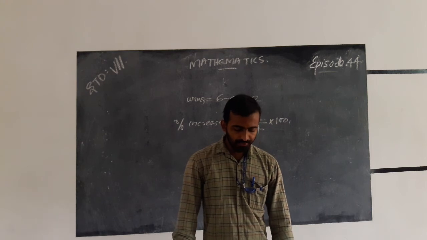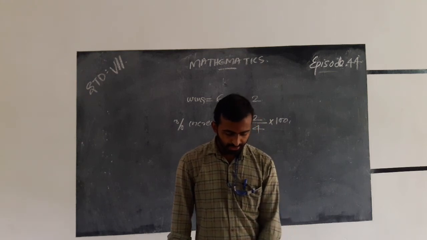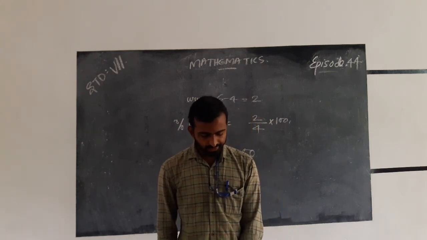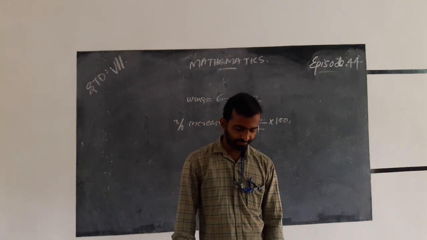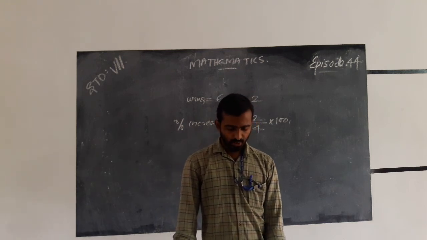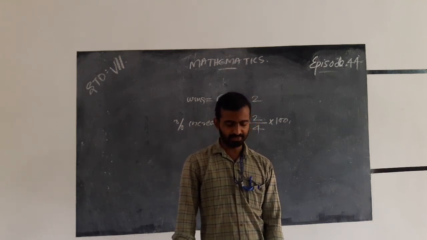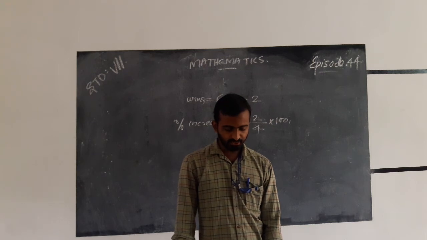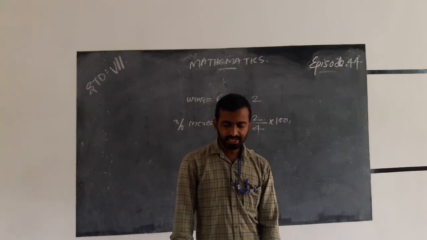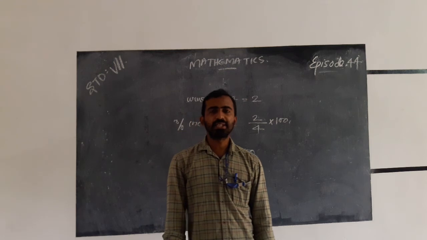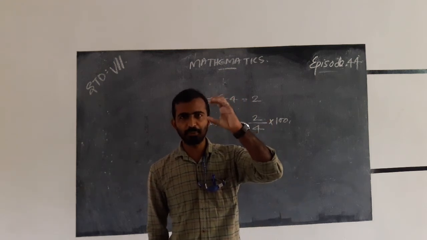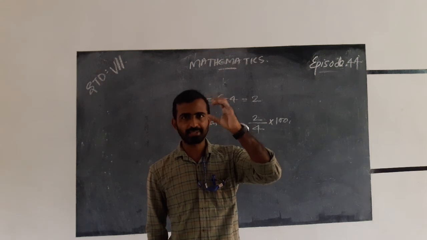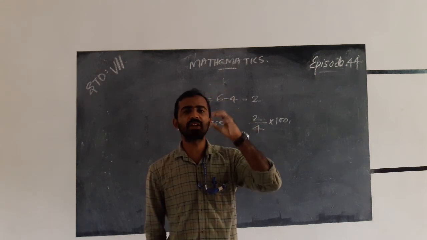The number of literate persons in a country decreased from 150 lakhs to 100 lakhs in 10 years. What is the percentage of decrease? The original amount is 150 lakhs, that is our base. It is decreasing to 100 lakhs.